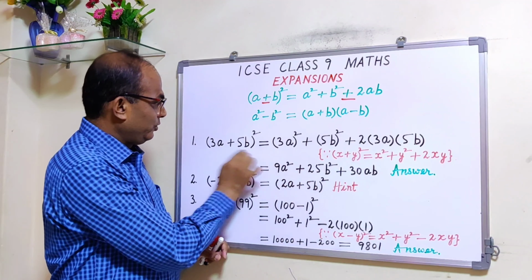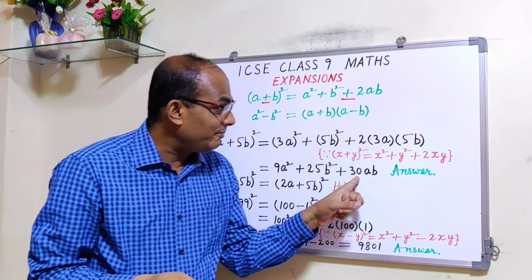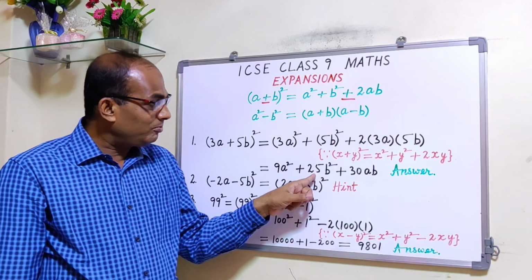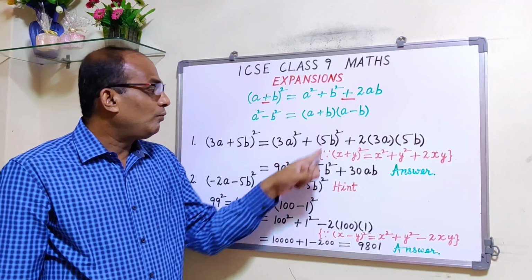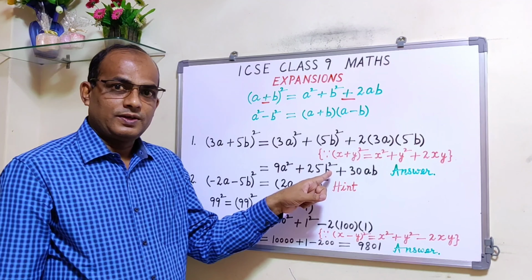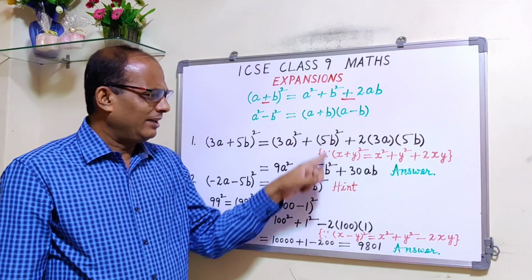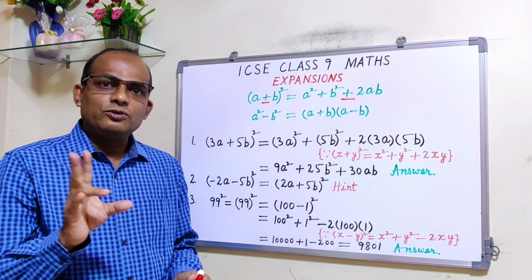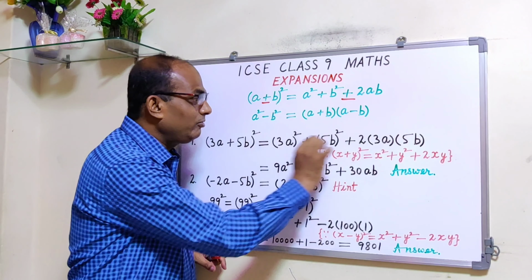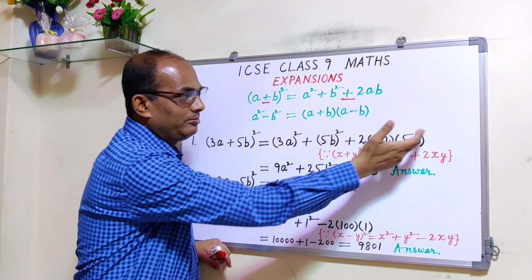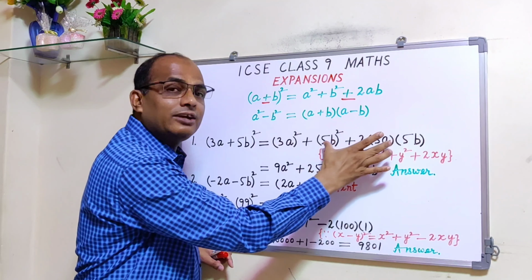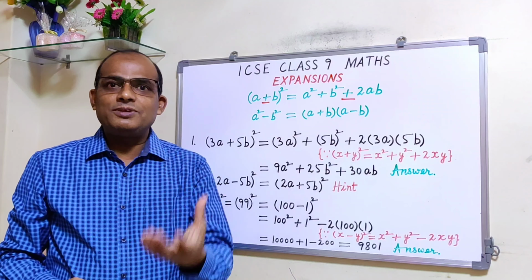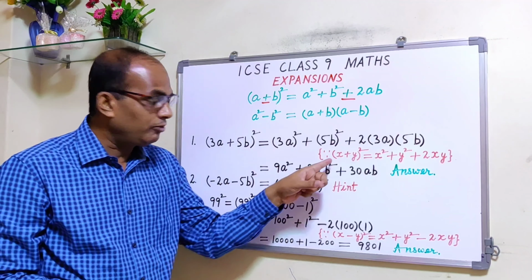But at this step, the child is writing 5b only, or 5b square something, but not 25. So you are losing both the marks. If this question carries 2 marks, you are losing both the marks. Now if you show the formula and substitutions, 1 mark for this, 1 mark for this, so at least you will get 1 mark. So please don't skip these steps. Show all these steps, even the formula also.